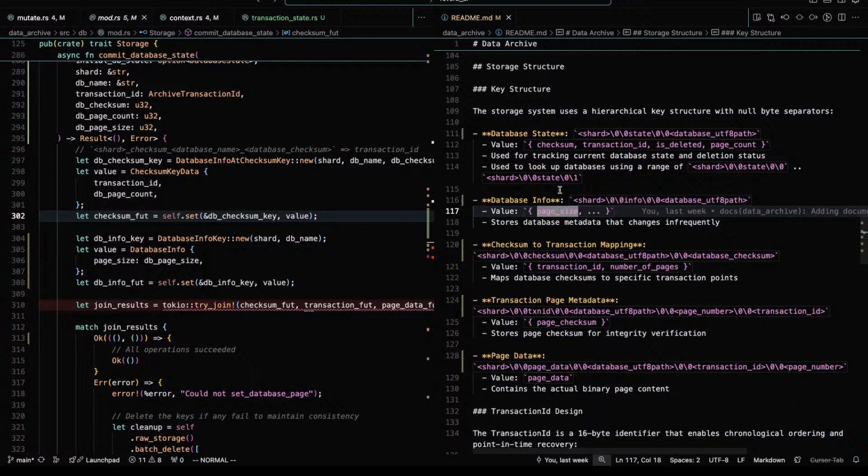Ah, why isn't page size up here? Or associated with a checksum like this.